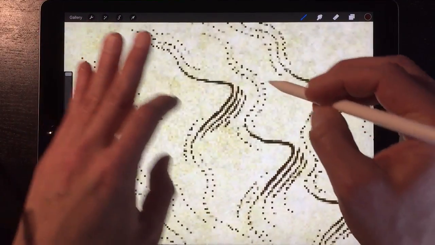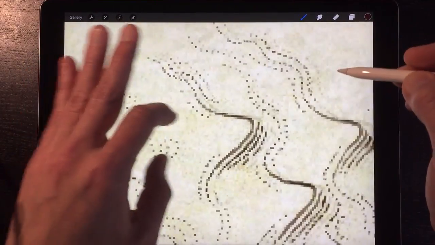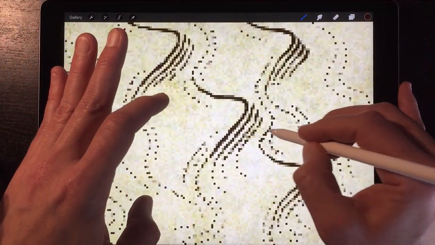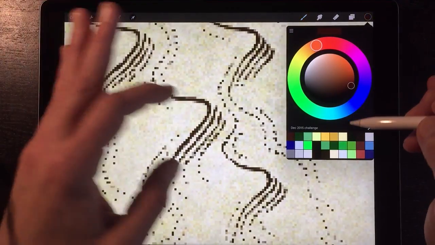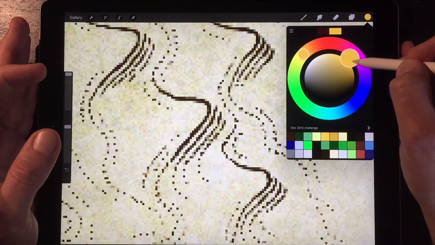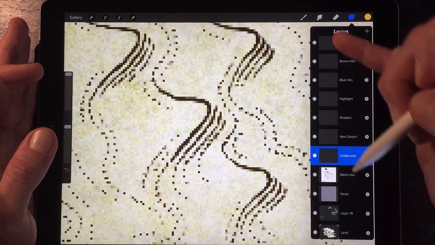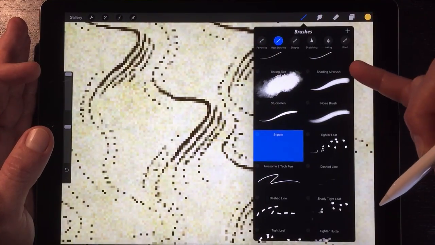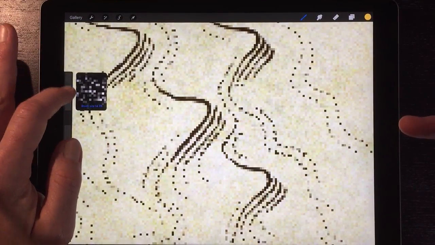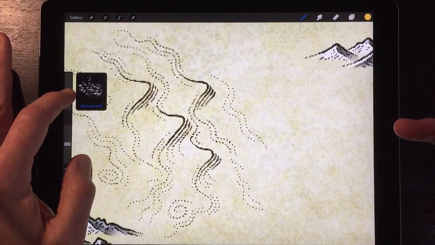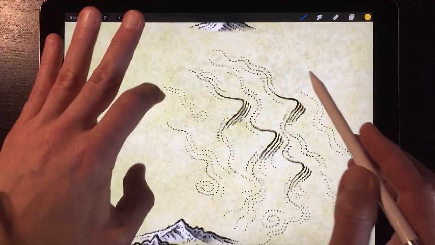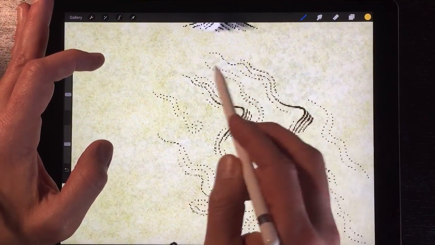Once you've got that stuff down, you can get some coloring, some highlight, and some shadow in there. So for coloring, I'll come in here and pick a nice vibrant yellow or orange color, and I'm going to go to my undercolor layer and pick a brush, this noisy brush here. The brush size looks about like that, and we've got a middle opacity here,